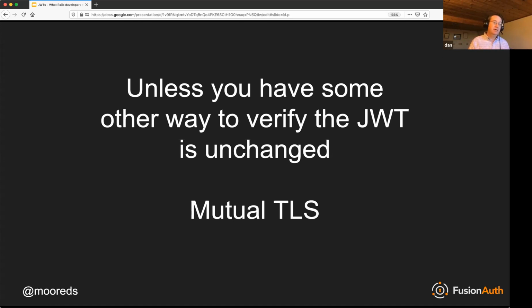So that could be mutual TLS, right? If there are client certificates, or if there's a certificate on both sides of the transaction, you might not care about the JWT because you have other ways of verifying who sent you this. It could also be on a private network, and you know what every client is. So I will say that I don't think anybody in that situation is probably attending an intro to JWTs talk at NYC Ruby, but it's possible. And I would just say, don't use the none algorithm unless you know what you're doing.